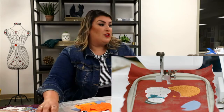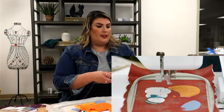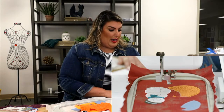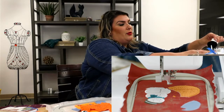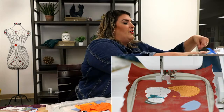Okay, if you can imagine, we have basically a wardrobe closet full of samples here at Anita Goodesign, and we keep them so we can just pick them out and use them as we need to. So we have to label all of our designs, otherwise we may forget, because we have hundreds of thousands of